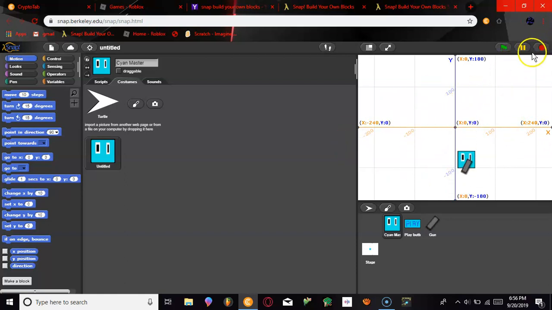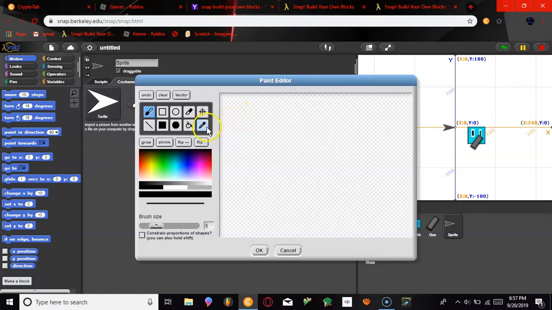Since the game hasn't actually been like a game yet, we need to add the enemies. So we're gonna go to paint new sprite. We're gonna do the same with Sign Master, except we're gonna make it red and evil looking. Let's move it to the red side. Actually, no, black. We create this,